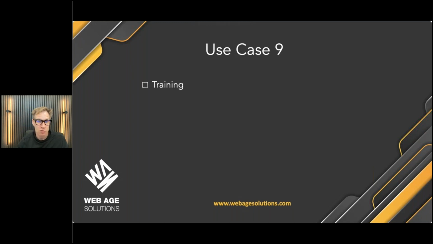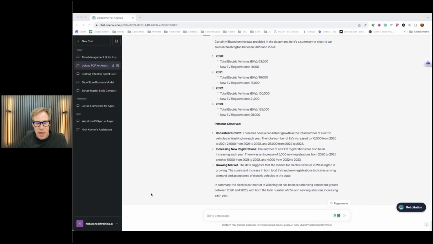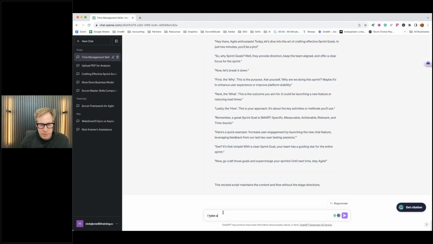So these are my kind of use cases that I've been using in the last few months to automate my project work from Scrum. Right? It's a lot of help me write user stories better, help me slice user stories, help my team write better sprint goals, help educate my team on what things are. Right? There are a lot of things that you can ask it to do. Look at the clock. You can ask it to do retrospective things. So let's just say one more use case, and then we'll start dropping your questions. If you have questions in the thing there, you might say, I need to go back to this, and let's say I have a team.